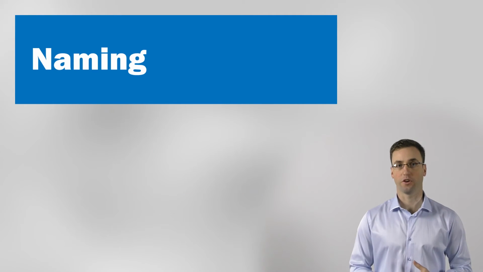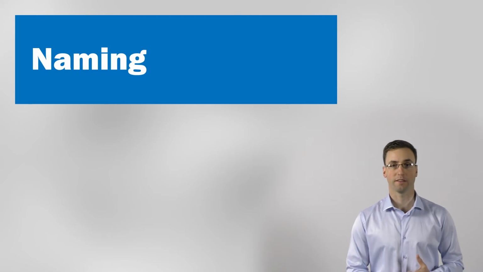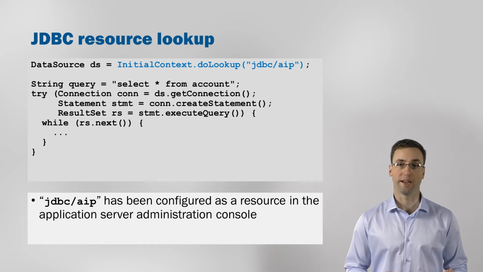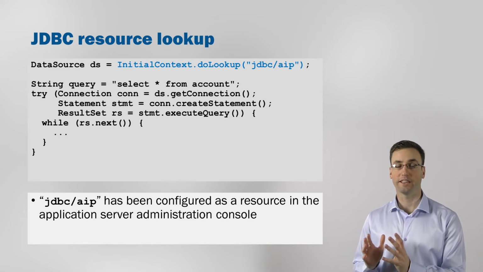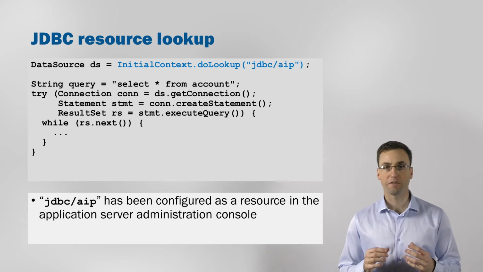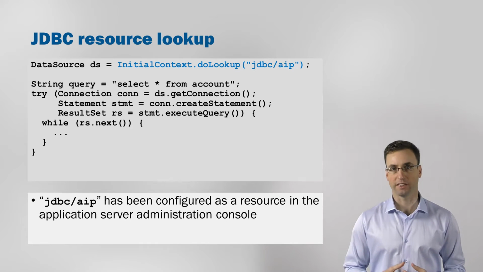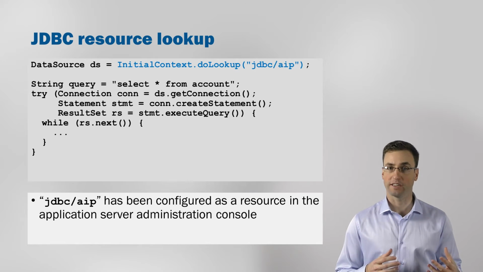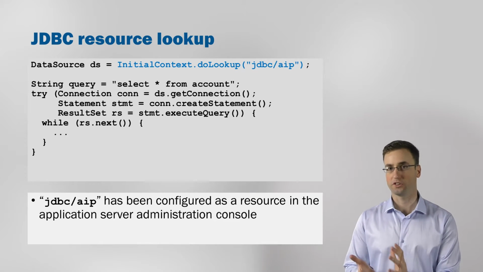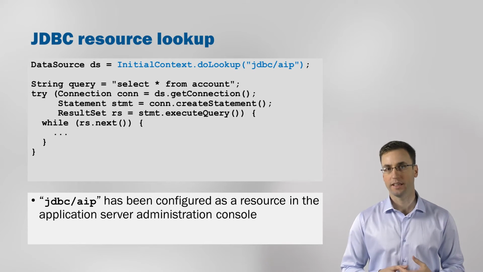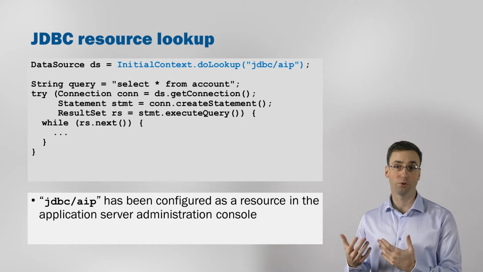Let's look at each of these in code. First, we'll start with naming. Here's an example of accessing a database connection pool by name. You can see that we call initialContext.lookup. The initial context refers to the base of all JNDI queries. JNDI allows subcontexts that work like directories, but if we just use initialContext.doLookup, it allows us to find an object by name directly. In this case, the database connection pool is named